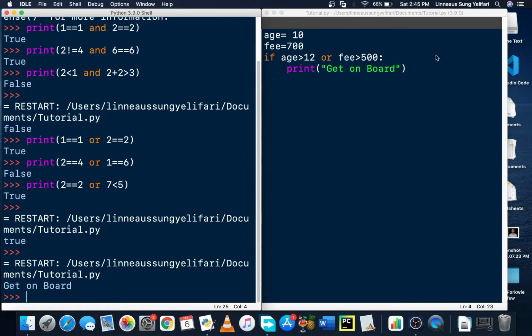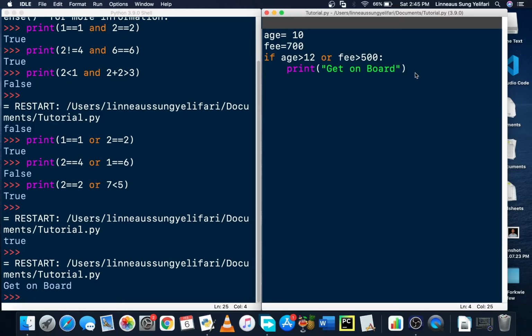Per the variables we've saved, the age isn't greater than 12, but our fee is most definitely greater than 5, and per the OR operator, at least one should be true, and since one is true, it prints out the output there, which is "we get on board." Now, on our last and final operator in Boolean logic, which is the not operator,